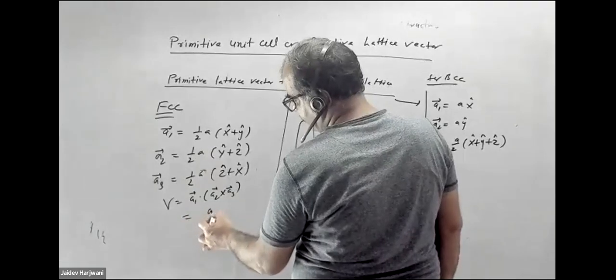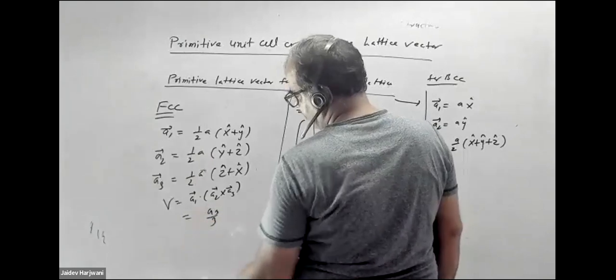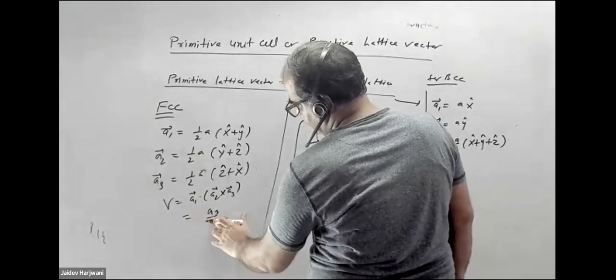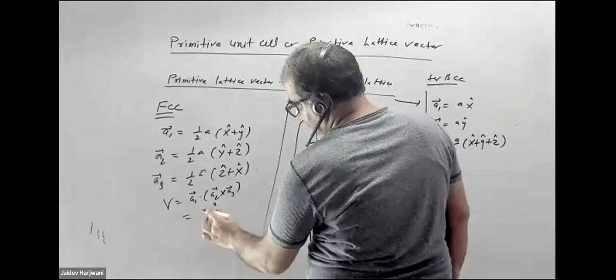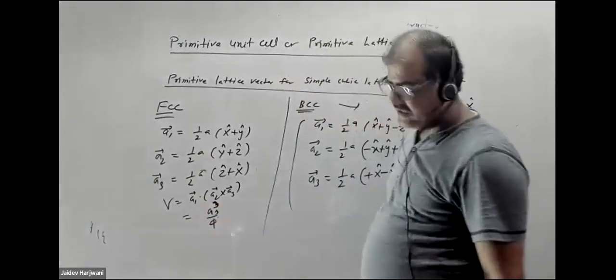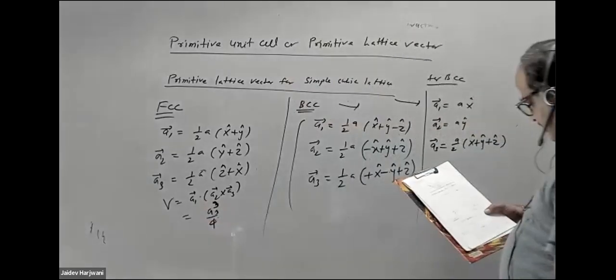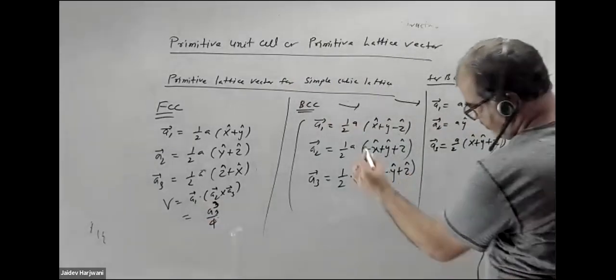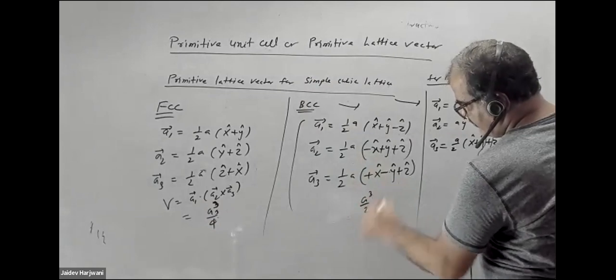So for FCC, suppose you calculate, this will come A cube by 4, सॉरी. तो जो आपने पहले निकाला था कन्वेंशनल यूनिट सेल के लिए, A क्यूब, उसका 1/4 आएगा। ऐसे ही BCC में A cube by 2 आता है।